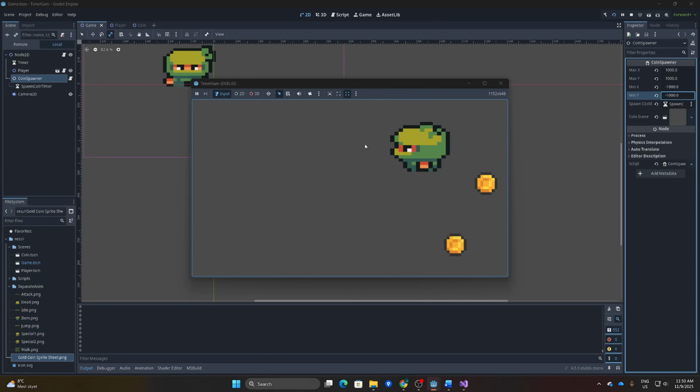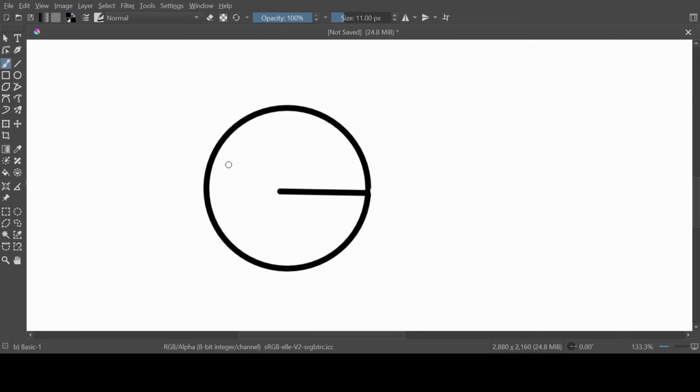And now you can see that it's spawning in a square kind of way with all of these coins. But what if we want to do it in a circle? Let's go in and learn about a polar coordinate system. So this is the polar coordinate system. Here we have a line, which is the baseline, and this has an angle of 0 and a length of 1. So if we want to say this as a vector, we can say